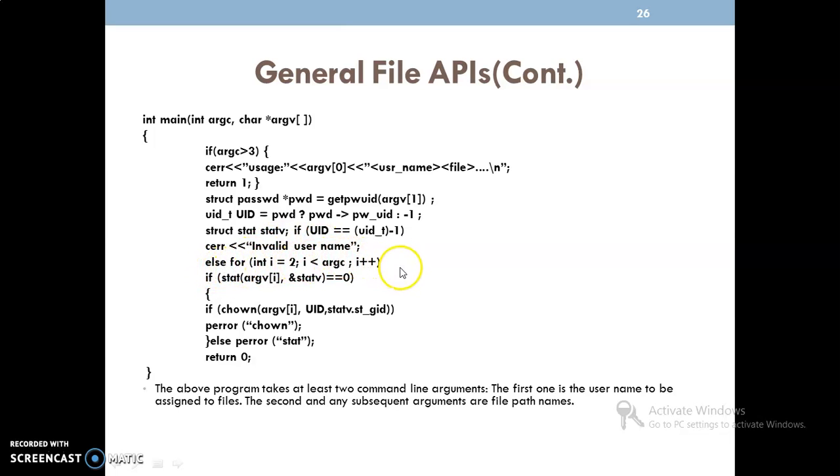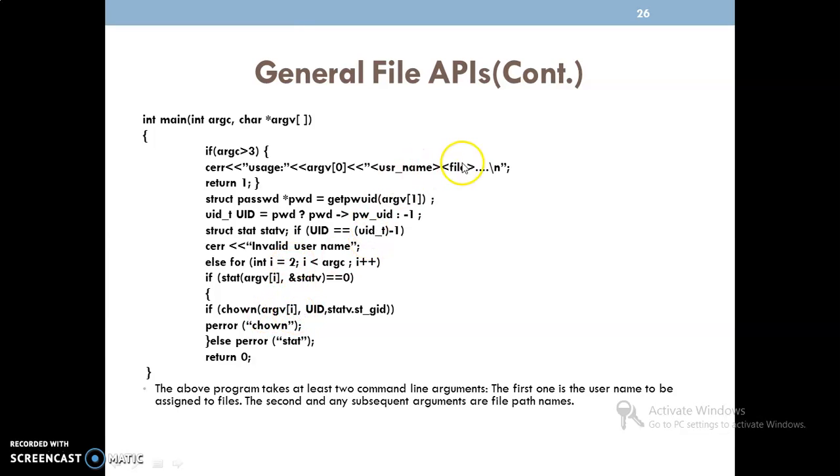We are iterating here. Stat argument i. So what is the i value? 2. So it is pointing to, where is it pointing? Stat means we already are interested in listing the file attributes. It is pointing to the structure named stat. Under that, we are accessing the user ID here. Next, chown argument i, what is that? 2 here.